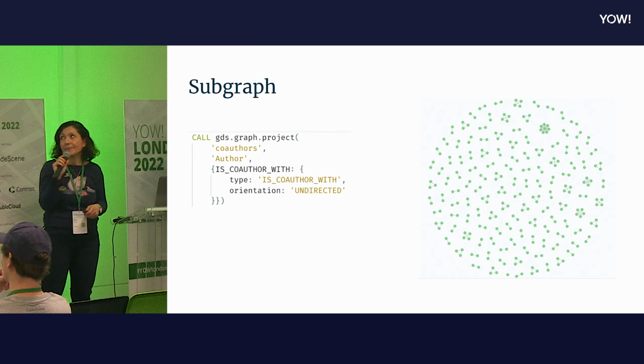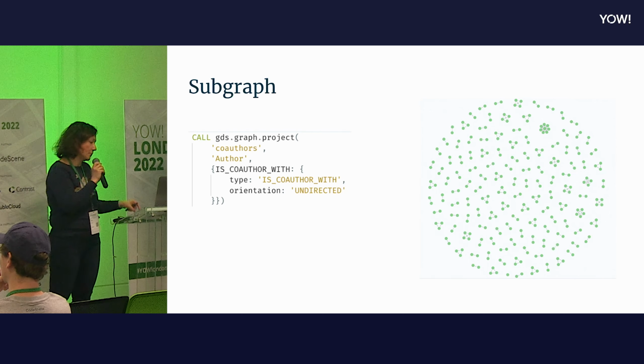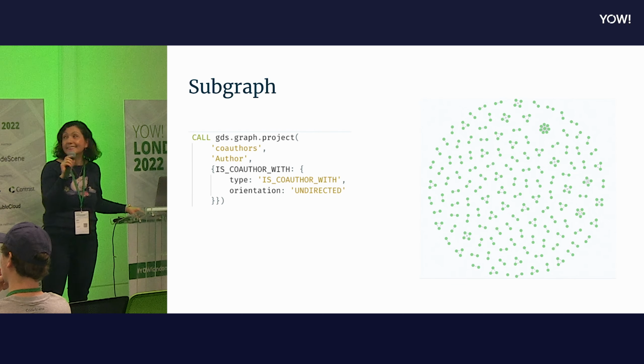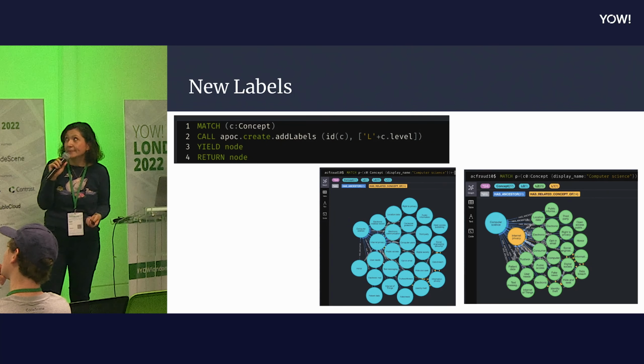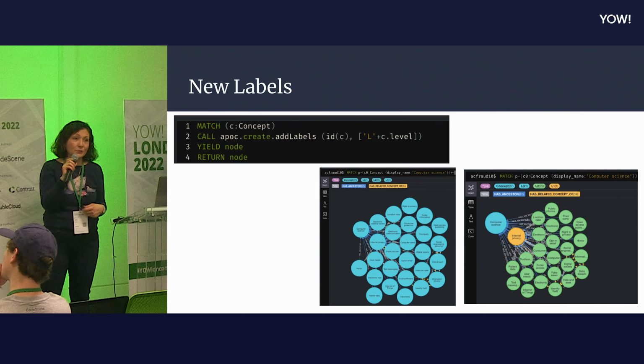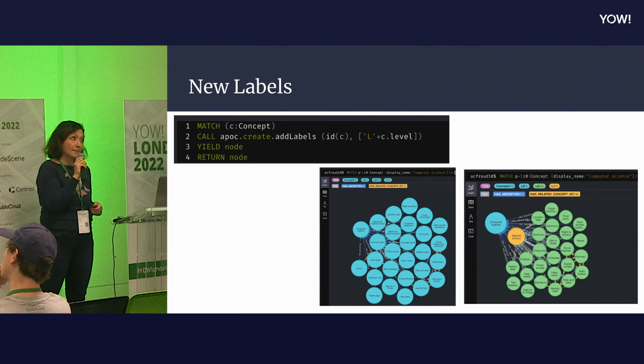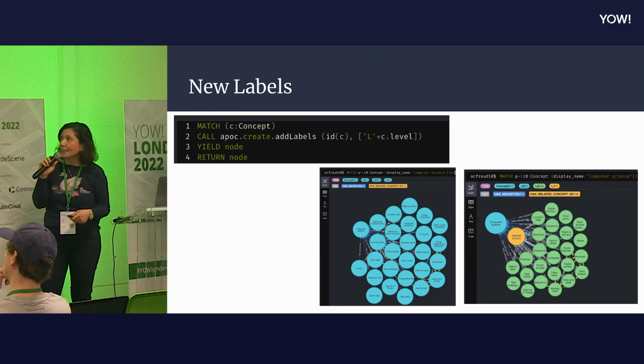We can export it and use it in another database, in a sense. We added more labels. This is the label property graph we use, Neo4j, and it helps you to identify and add labels as you need. The flexibility of not having a schema, or schema on write. You can have as many labels as you can.